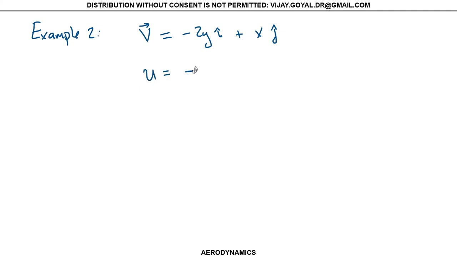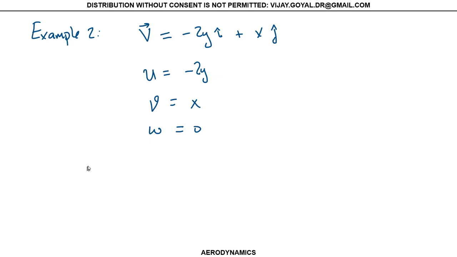So this is example number 2 on streamlines. Let's get started. In this example, example 2, consider the following case. You've got the velocity vector V = -2y i + x j. So u is equal to -2y, v is equal to x, w is equal to 0. Okay, then